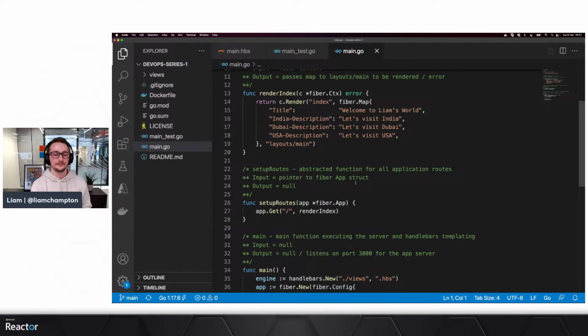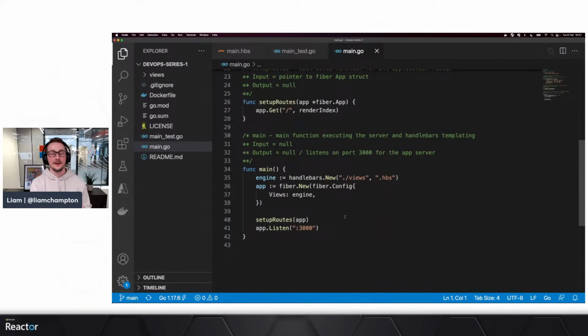And then finally, like with every program, we have the main function. The main function is just going to bring in the handlebars templates from the views file. It's just going to say, hey, assign engine with handlebars.new, just letting it know that it's there and that it is readily available. Then we're going to create the app. And the app is going to be a